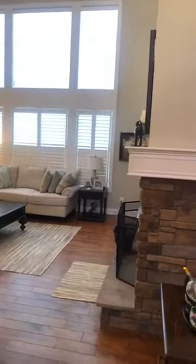So this is the main staircase right here up to the upstairs, and then below that is the staircase to downstairs as well. And of course, up above we've got a really nice ceiling fan that's controlled remotely, and then the ceiling lights. Great thing about the ceiling lights too, you can turn those on and off right here by the